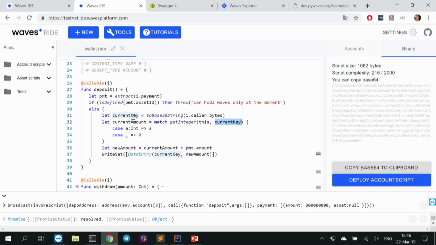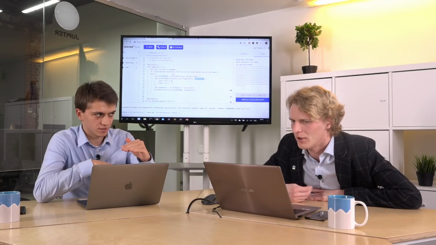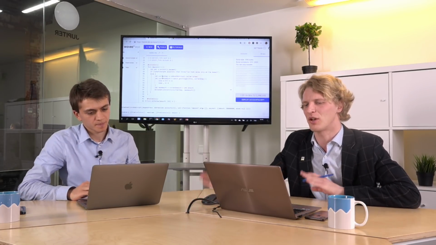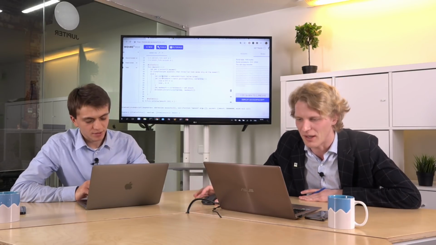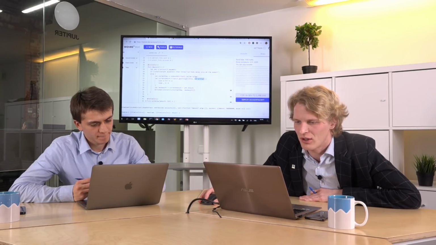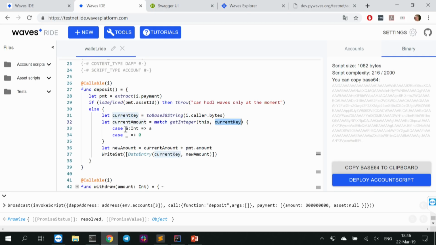by this key. Let me just note that it's account state, not contract state. It's account state. I'll explain later. Okay, for now let's say DApp state. Yeah, DApp state. So we query this DApp state for an integer by this key. If the record is there, then that's what we need. Otherwise, it's 0. The user has not yet interacted with the contract.